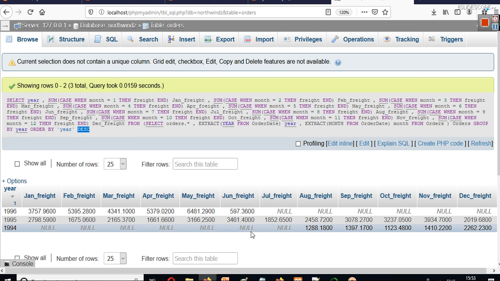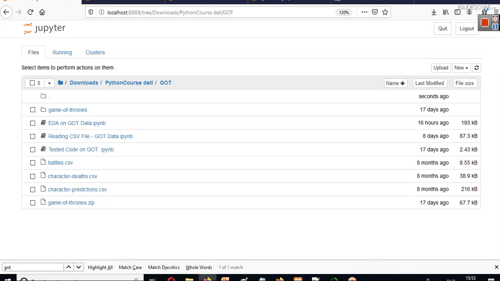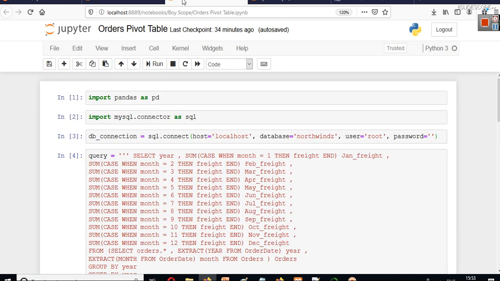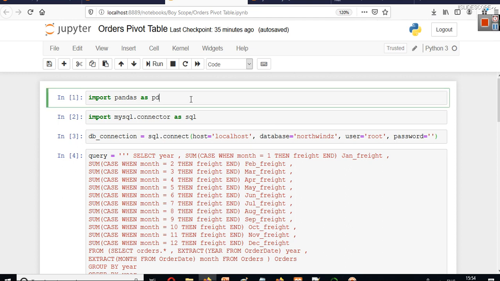In one section I explained how to connect to Python pandas and how to create a MySQL connection. Now I'll be using that here, so let's create an orders pivot table. I have already created this, so it will be kind of a revision for you also.